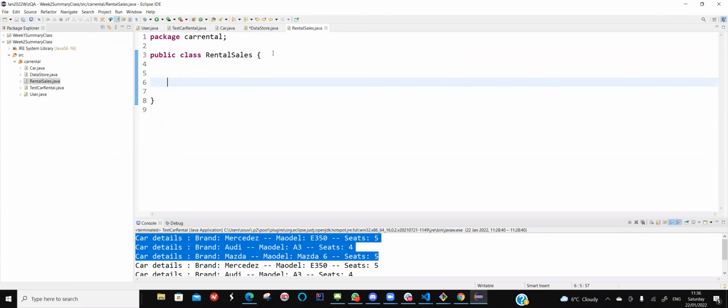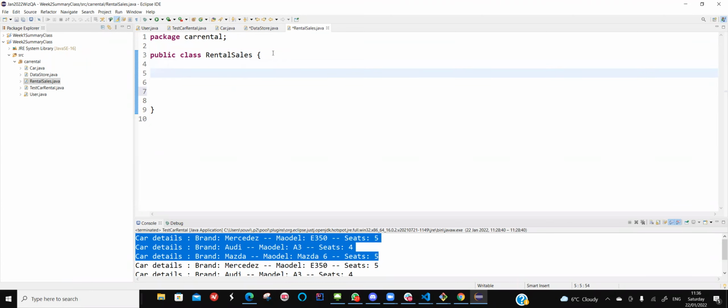Like what? I'll say public void perform, or give a better name. I'll say car hired. Okay, car hired, something like this. And in the car hired method,